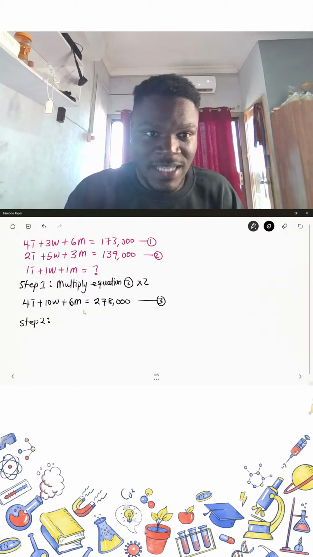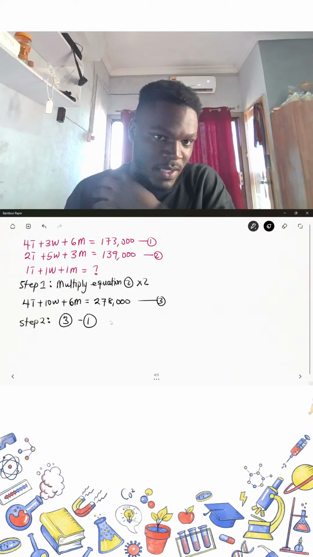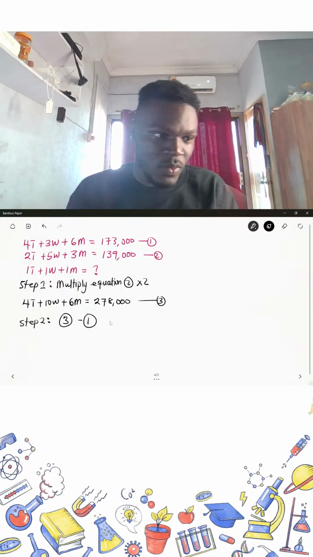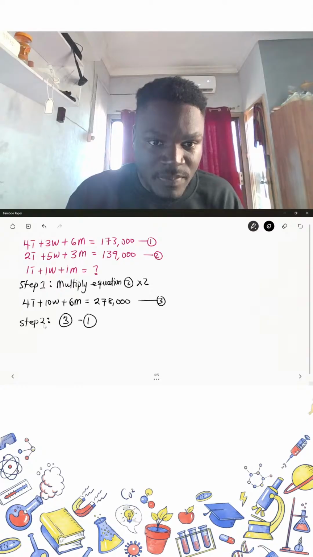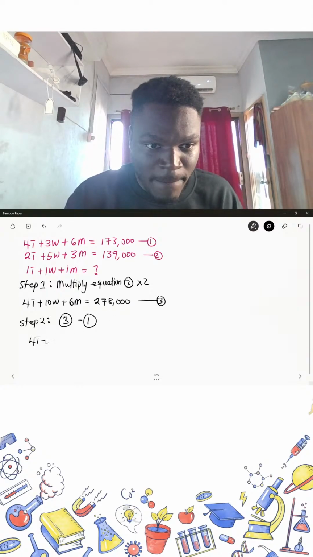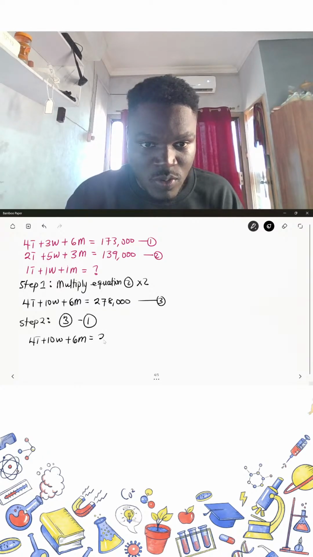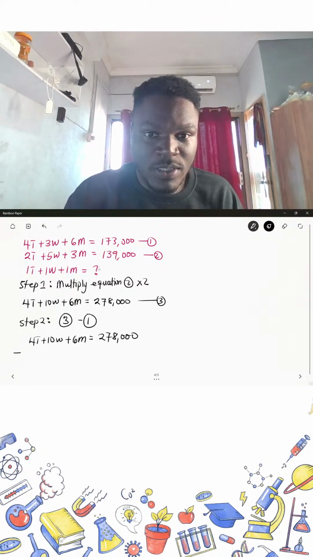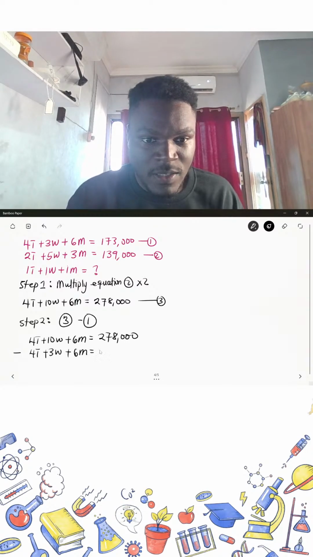Okay, subtract equation 1 from equation 3. So which means equation 3 minus equation 1. Are you okay? If I do that, what is equation 3? This is equation 3. So I have 4t plus 10w plus 6m is equal to 278,000. Then minus equation 1, which is 4t plus 3w plus 6m is equal to